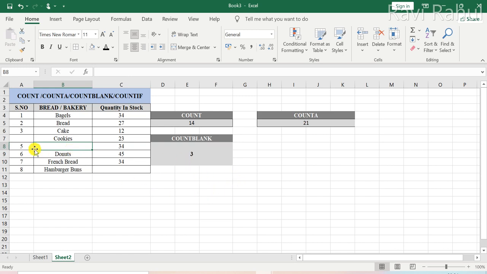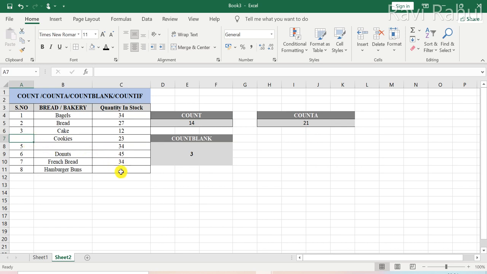We have three blanks, one is here, two is here, and a third one is here. Okay, and in the count section, it has changed to 14 because here I have deleted a cell in this section, and in the numerical value we have 1, whereas count a will count all the data, whether it be text or numerical values.